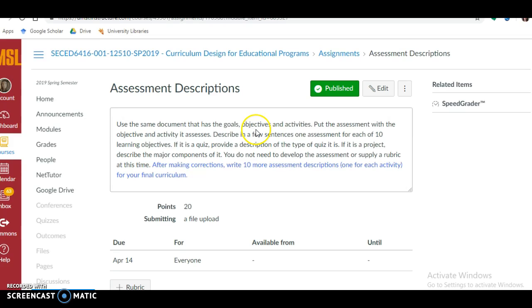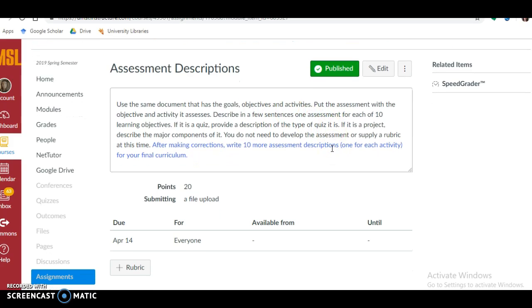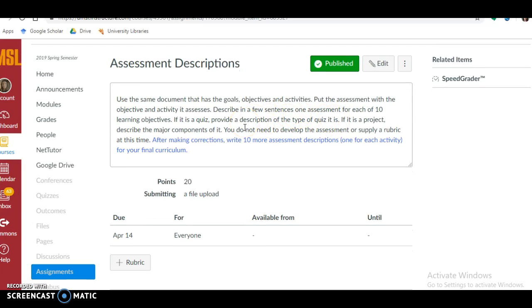And then you can use the same document or copy and paste your assessments here. Please put the objective that it is assessing and describe it. If you actually have it created, then put a link to it. And